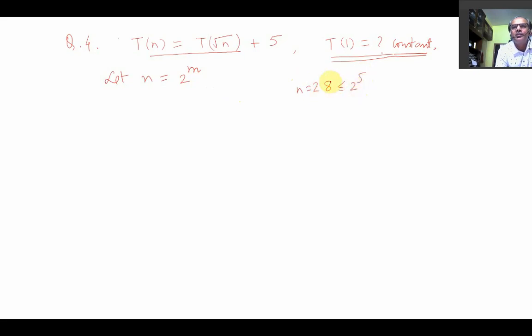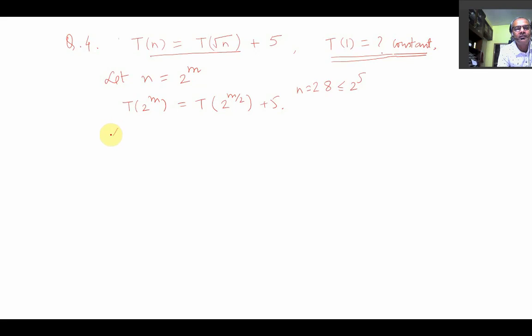So for every integer which is not a power of 2, it is less than or equal to the closest thing, that is 2 power something. There exists an i which is the least value of i such that 28 is less than or equal to 2 power i. Here it is 5, right? Now you see, replace this, so you can get T(2 power m) is equal to T(2 power m by 2) plus 5, right? So you can get this recurrence relation.